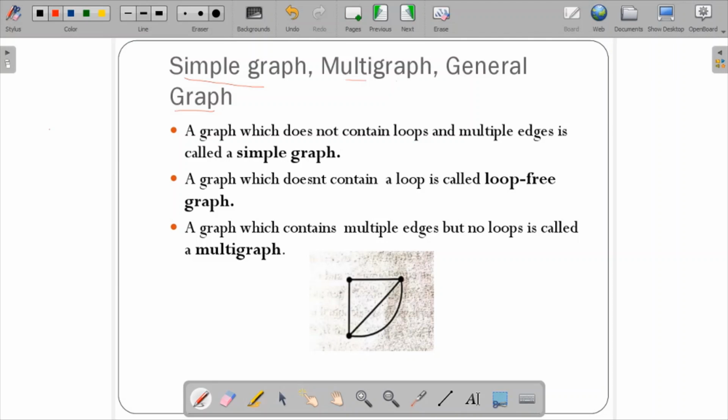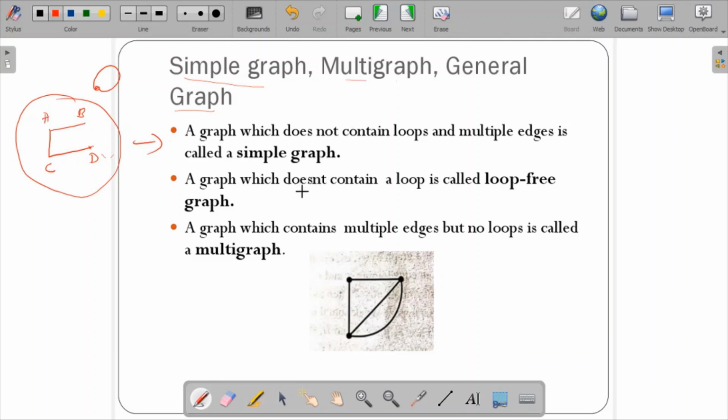For example, in this diagram A, B, C, D, you can see it does not contain any multiple edges. Multiple edges means the same initial and terminal vertex having two or more edges, and you don't have any loop structure either. So this is an example of a simple graph. A graph which does not contain loops and multiple edges is called a simple graph.